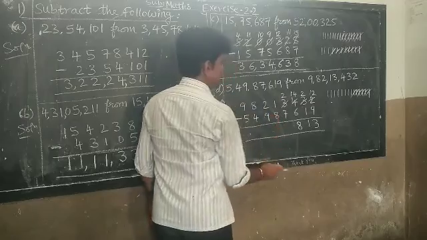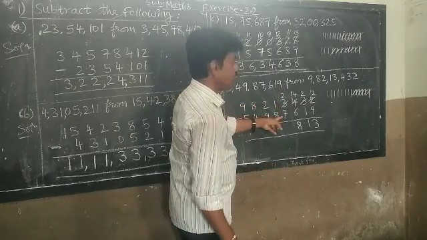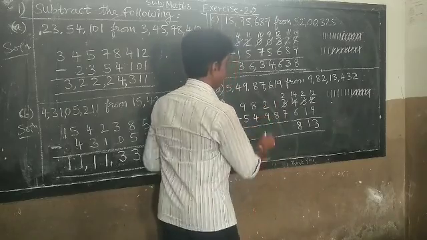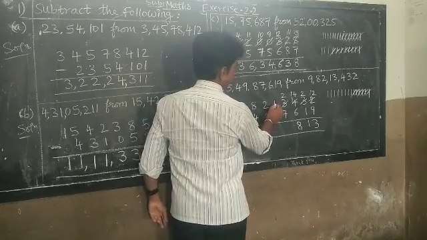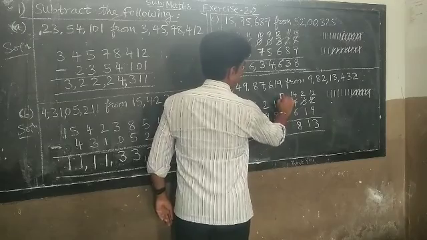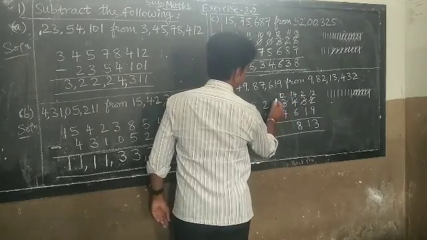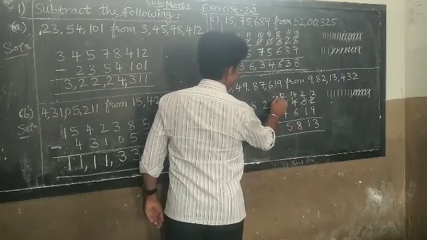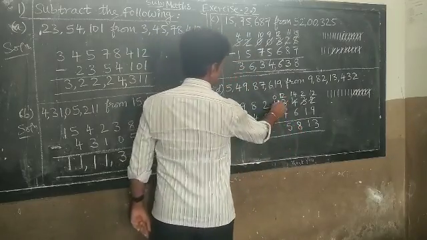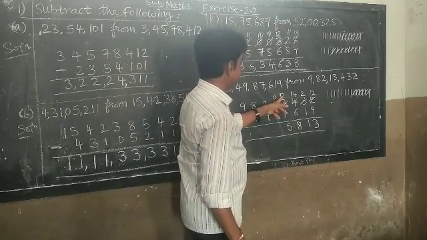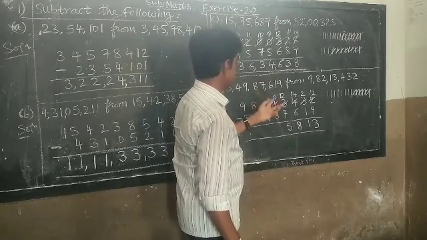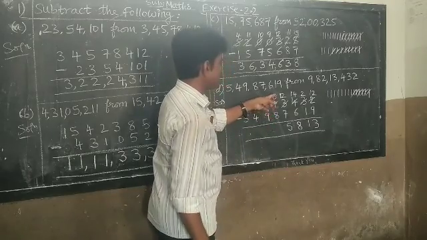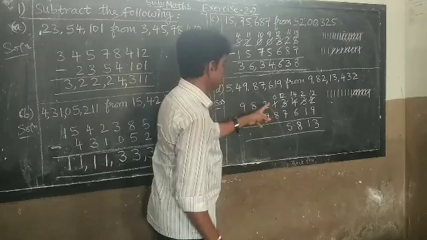Next 2 minus 7. Again it is a small number, down big number, subtraction not possible. So borrow 1. From here 1 is there, you have to take 1 this side. Then it becomes 12. 12 minus 7, 5. Here 1 taken already, it is 0. Because you have taken 1 this side, so this 1 becomes 0. So 0 minus 8 again not possible. 0 is small, 8 is big, not possible.